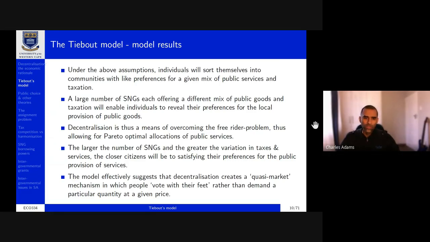And you can think of this in an extreme case where preferences at very small group levels, and in the absolute limit at the individual level, can be represented. So a large number of SMGs, each offering a different mix of public goods and taxation, will enable individuals to reveal their preferences for local provision of public goods. And by the way,